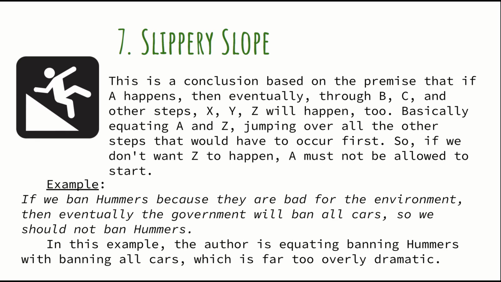So they've jumped on this slippery slope logical fallacy that doesn't actually have proof that all those middle steps would happen. Sometimes people get a little bit confused between slippery slope and post hoc ergo propter hoc. So slippery slope is forward thinking. You're looking at something that might happen and then making assumptions on where that will lead. The post hoc ergo propter hoc is looking at the past. It's looking at things that happened and trying to draw connections between them.